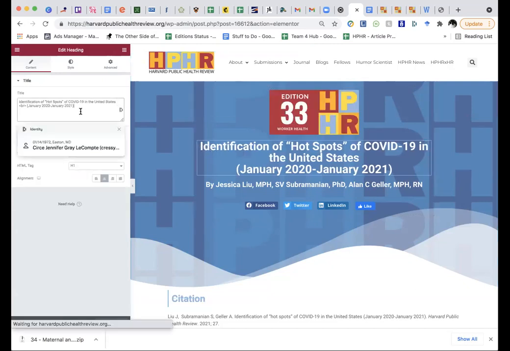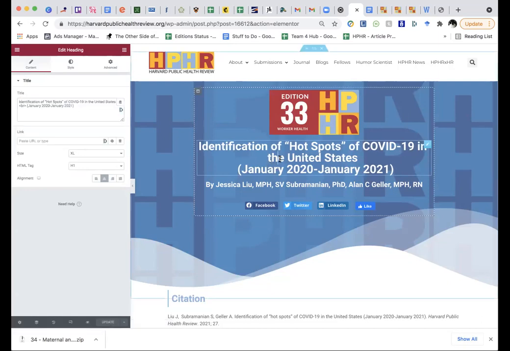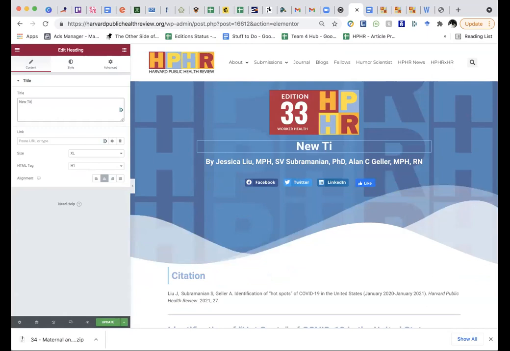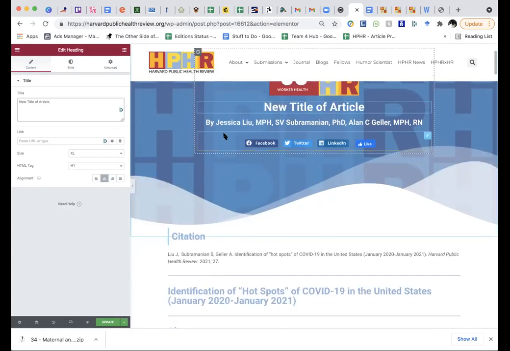Then the next thing you do is you're going to want to change the title. You could technically write in here, right in the docs on the right side. I always recommend working on the left because things can get gnarly pretty fast. So this is new title, and this is going to be title case, uppercase letters for each of the words, just the way you would for any title. So new title of article, prepositions, unless they're 5 letters or longer, don't get capitalized, that sort of thing.